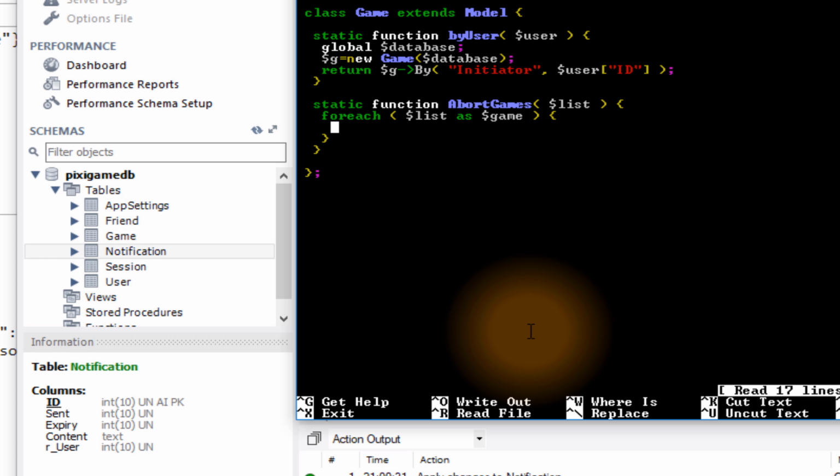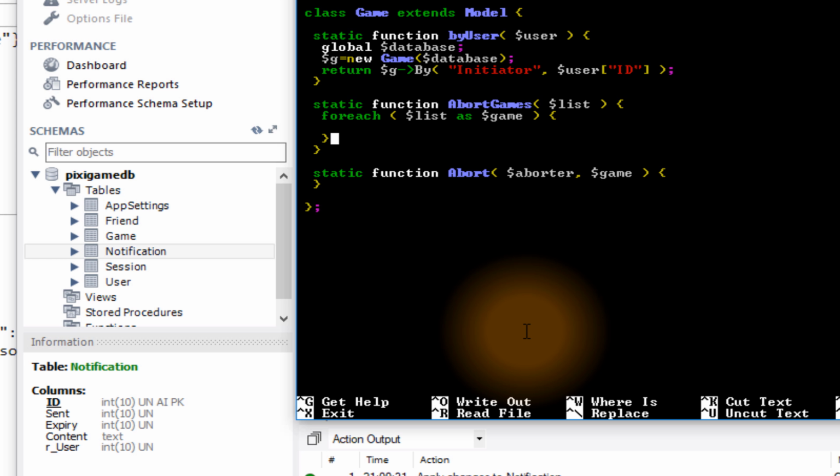So we need to create another static function. Abort game. All right. And then aborter, right, which would be the user. All right, abort games, user. Well, we already know who the user is, but we can just send it there explicitly. We'll call it the aborter. So for each game, if game,